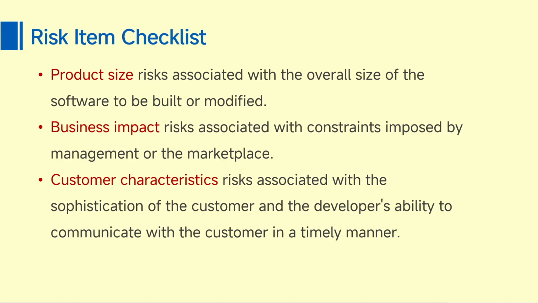So, that is one of the risks to be associated. Second is the business impact. So, how it is going to work in the market. So, that is the business impact. Second is customer characteristics. So, how sophisticated the customer is going to be in using the project. So, you have built a particular software and it has to be in a position usable to the customer. So, there should be some amount of knowledge that is required from the customer side also, that is also considered